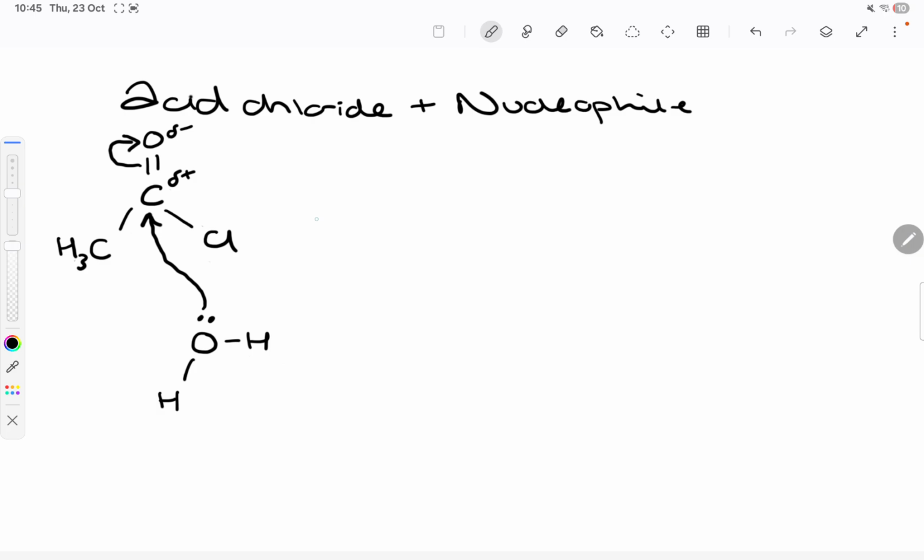And in the intermediate step that we then obtain, we have the carbonyl group opened up to create the O-